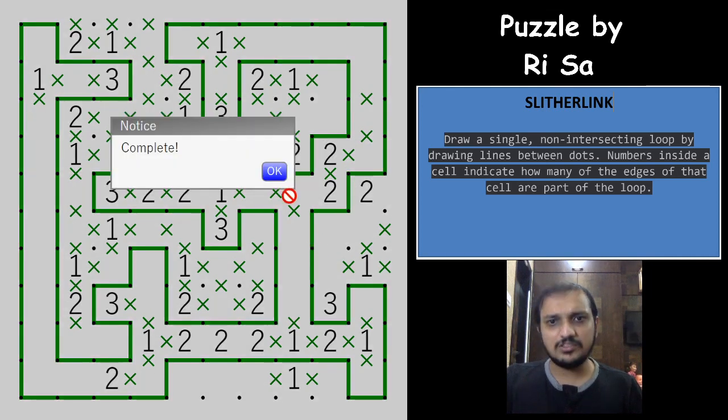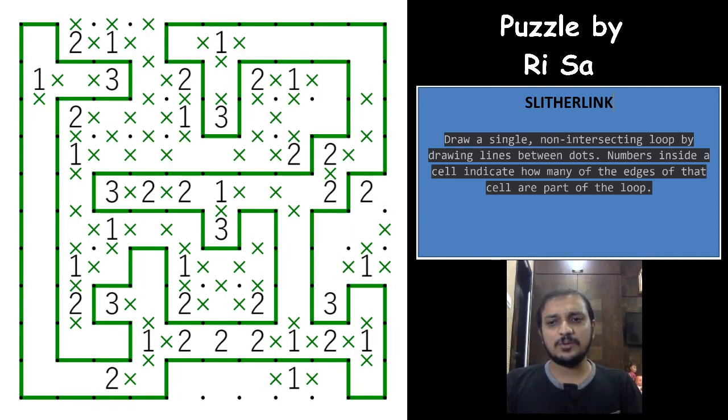So, and with that we complete this excellent puzzle by Risa. So what an excellent puzzle this was. A really difficult one. Without the help of zeros we were able to solve this puzzle. So usually in a Slitherlink puzzle people tend to look out for zeros. The more zeros you find, the easier it is, right? You just have to mark crosses and then you'll be able to solve that puzzle easily. So a really wonderful puzzle by the author, and I was really happy solving this puzzle myself.